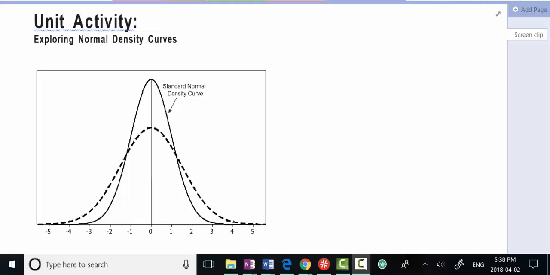So this is the unit activity for Unit 7. You should have already watched the video for Unit 7. And I'm going to go through the unit activity to give you an idea of what's going on here. So what we've got in the unit activity is a standard normal density curve here, and then another curve, which